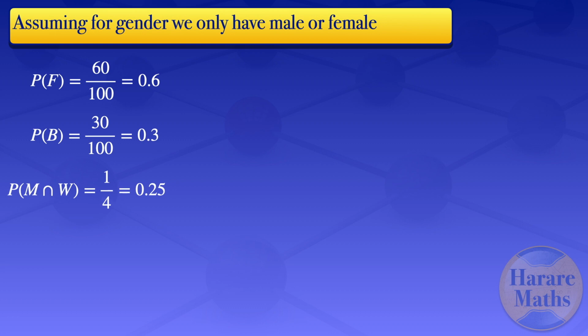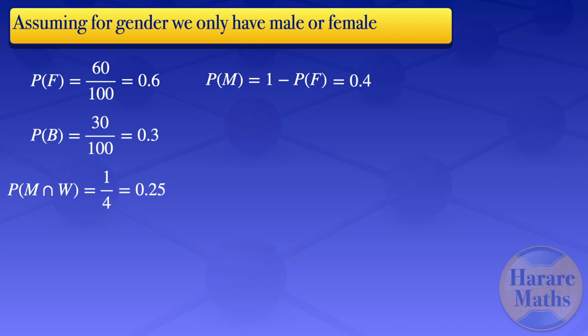Assuming that for gender we only have male and female, we can use that probability of a female there to get the probability of males. So the probability of males will be 1 minus the probability of females. This is because probabilities add to 1. So if we have one of them being 0.6, then the other one will be 1 minus the one that is given. The probability of male is equal to 1 minus the probability of a female,